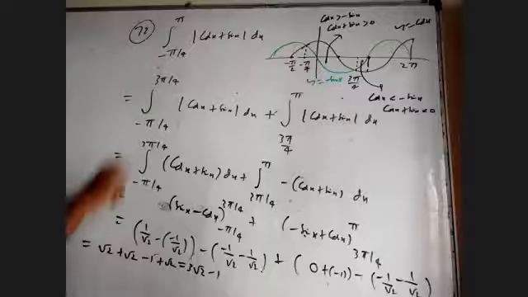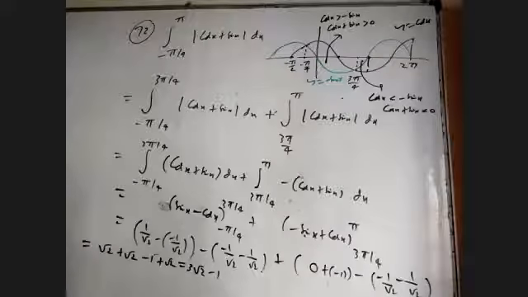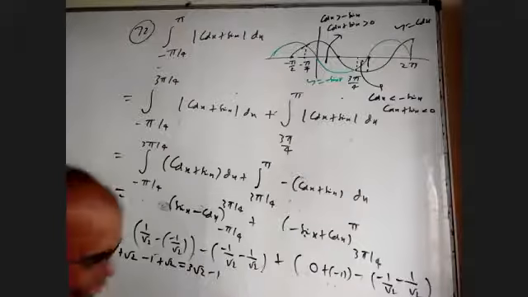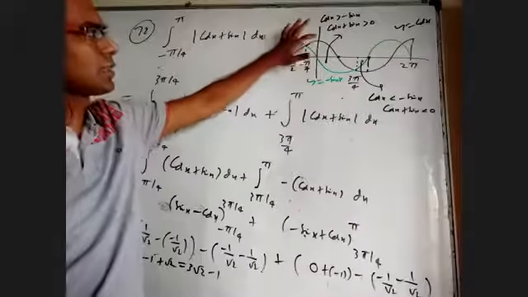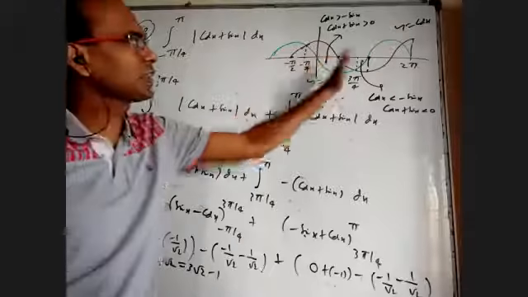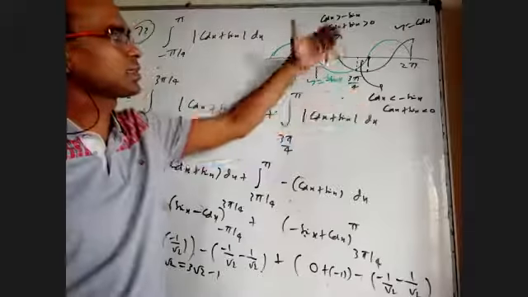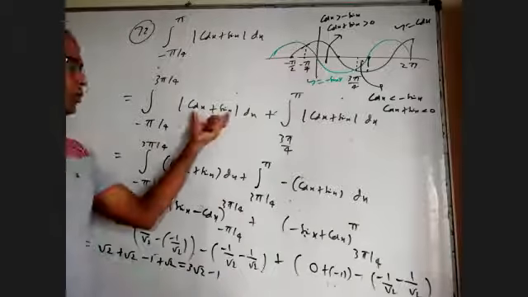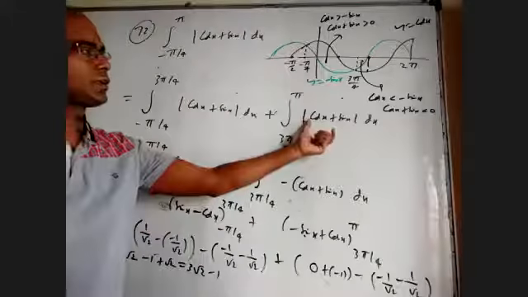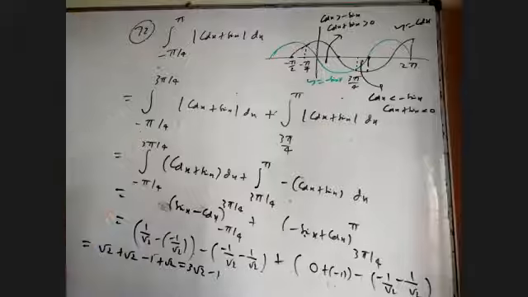Whenever mod of some function is there, you have to identify where it is 0. And there you have to break the integral. Or you can see up to 3 pi by 4, the cos x curve is above minus sin x. After 3 pi by 4, minus sin x is higher than cos x. That's why at 3 pi by 4 I have to break, because before 3 pi by 4 it is positive and after 3 pi by 4 it is negative. And I'll discuss another method. Some people may be more comfortable.